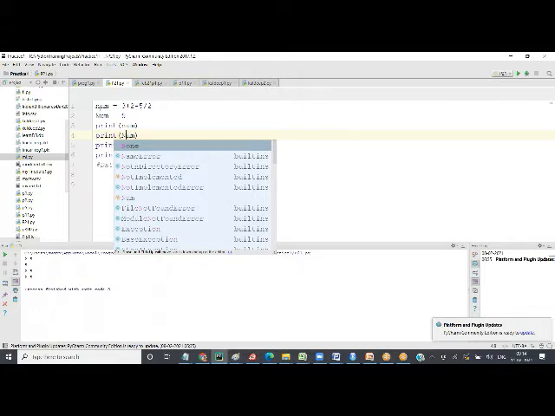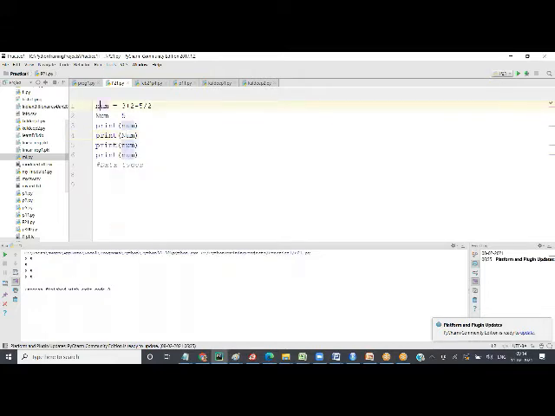Okay, second thing is, I said the first character has to be an alphabet, whether small or capital doesn't matter. From the second character onwards, you can use numbers or underscore. Underscore is the only special character which is allowed in declaring the variable name.